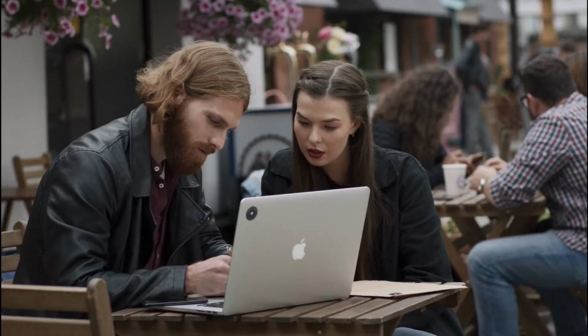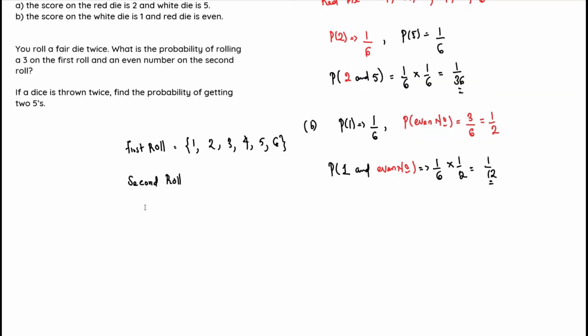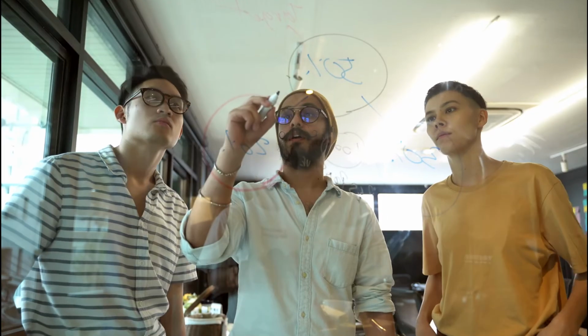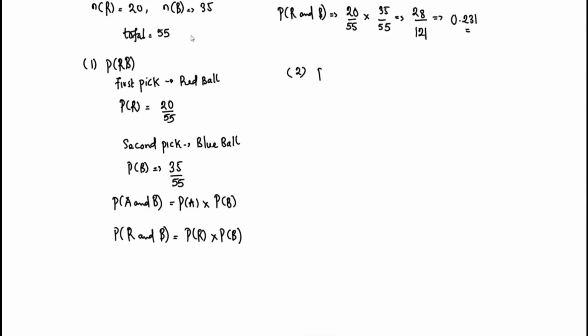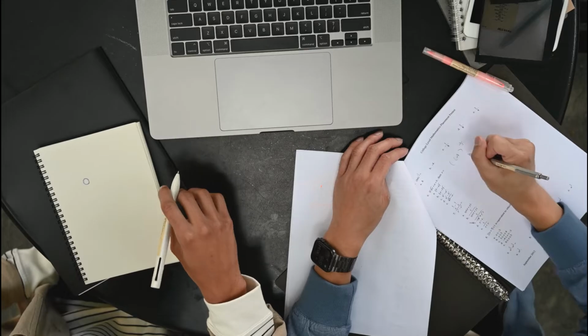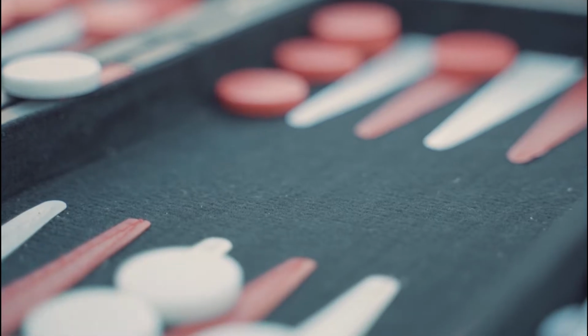In today's video we are still talking about the concept of independent events. In fact, we are going to be solving another type of question. If you remember, in our last video we solved a question relative to independent events about the experiment of picking some number of balls from a bag containing a larger number of balls. In today's video we are going to be solving questions about the experiment of rolling two fair dice at the